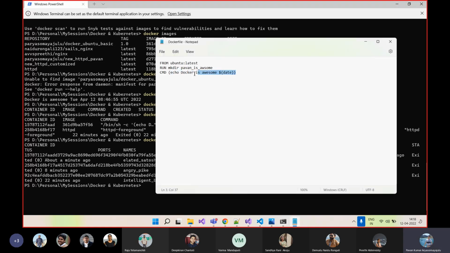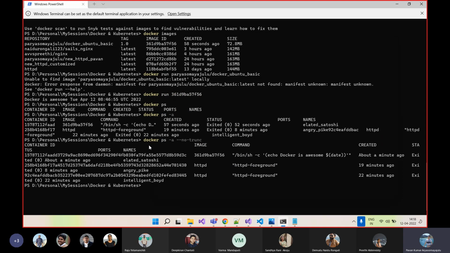Because this is the command which tells Docker to execute this echo when the container starts. From this we can understand that whenever we are running this Nginx container without interactive mode and bin bash, at that time we saw